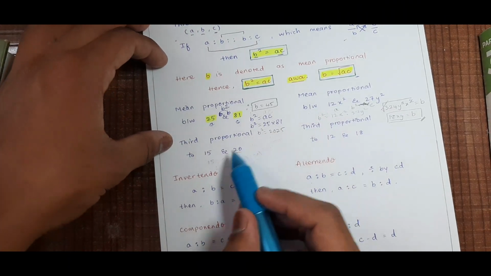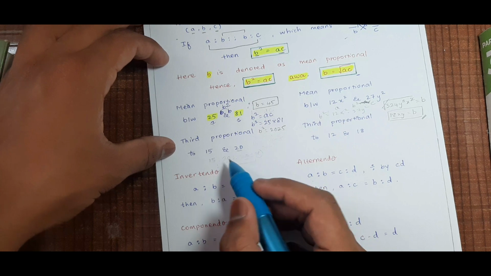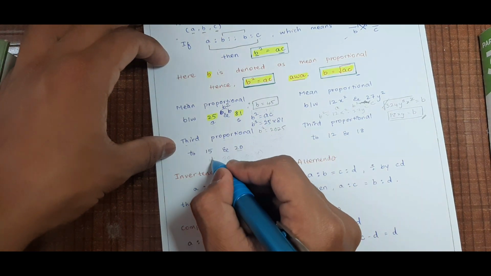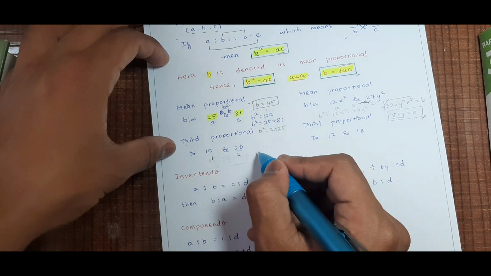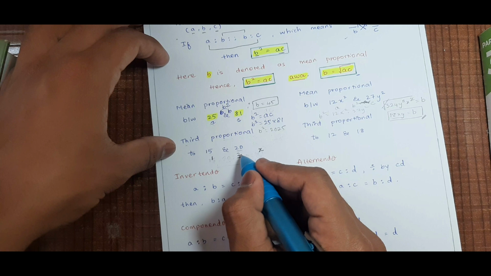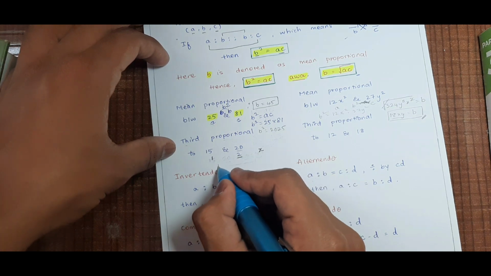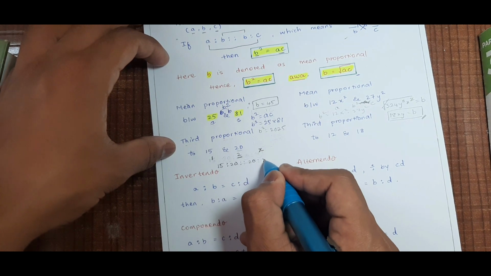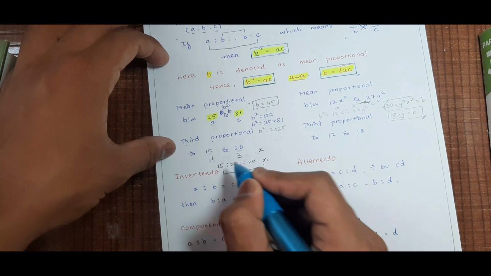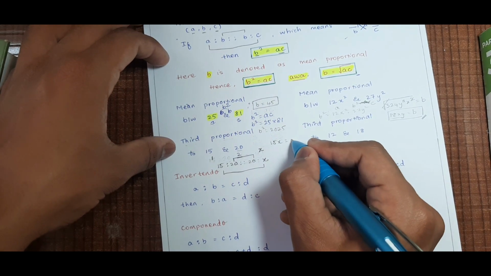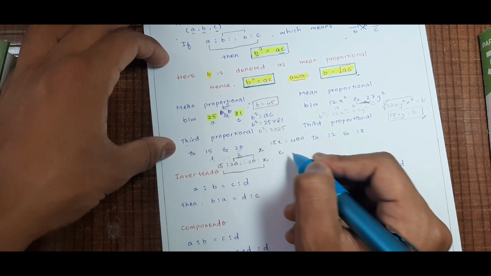Now, third proportional to 15 and 20. When it says third proportional, consider 15 and 20 as the first and second proportionals, and take the third proportional as x. So the second will be the mean proportion. So 15 is to 20 as 20 is to x. So product of extremes equals product of means. So 15x equals 20 into 20, which is 400. So x equals